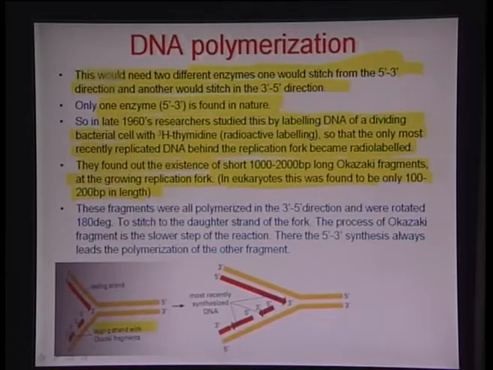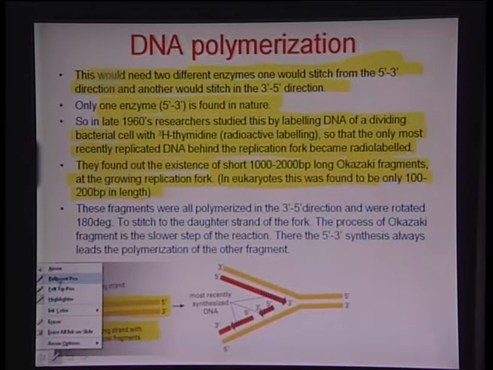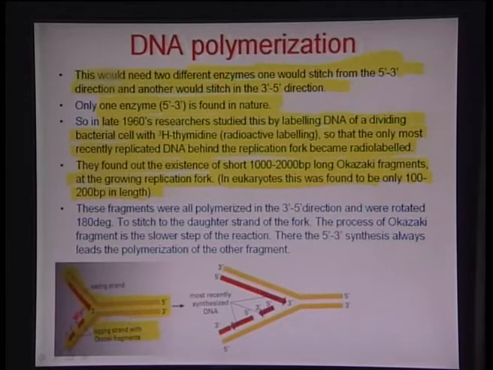So if you see this particular example, this is the fork which is radio labeled, and this is the DNA which is radio labeled, and it is opening up as a fork, and slowly one portion is getting replicated from the 5' to 3' direction, which is perfectly okay. For the other portion getting replicated from the 3' to 5', the replication actually happens in the reverse direction, okay, it happens in the 5' to 3' direction. However, it happens through these short segments which get generated, and the segments get connected to each other rather than